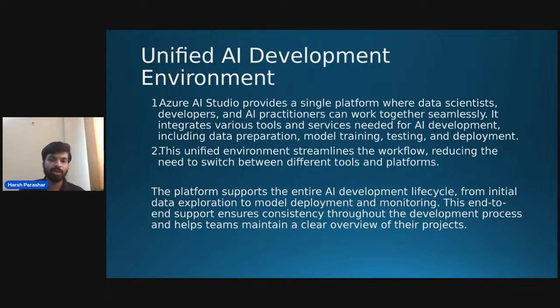We have discussed big data. Big data is too big. So even if you want to integrate it from various platforms, it will be very hectic. It will require manpower. Even if you are using AI, it will cost you more expenses and more wastage of time. So to get rid of that, you need a single platform, and Azure AI Studio is best for that, which helps any team to maintain a clear overview of their project.